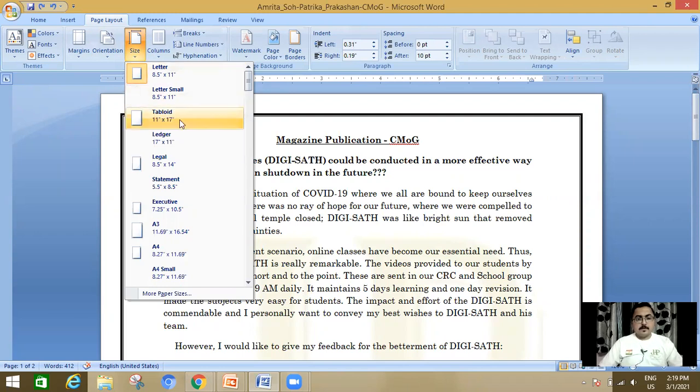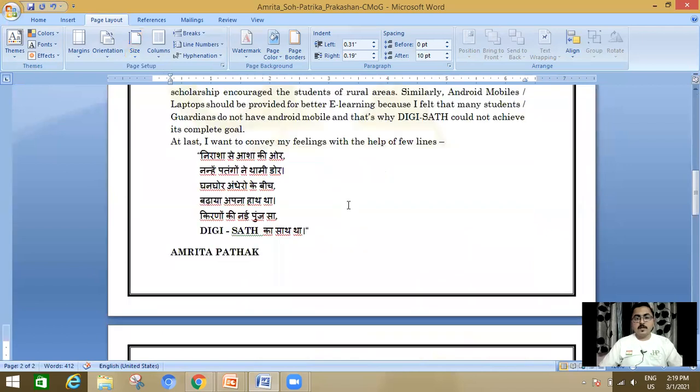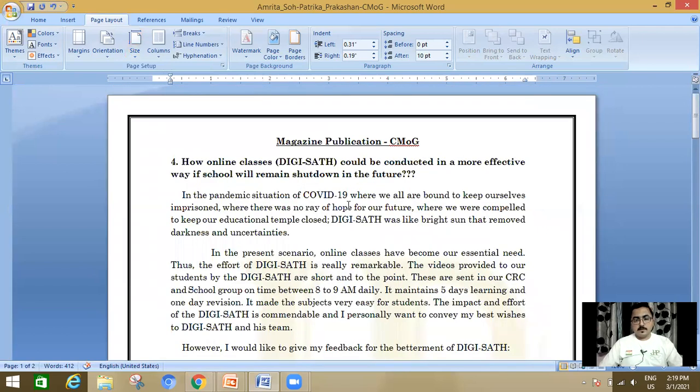You can take ledger 17 by 11, legal, statement, executive. More often, people use A4 size sheet. I'm going to take this. Now, the size of the page will be 8.27 by 11.69. Now, the changes will occur.